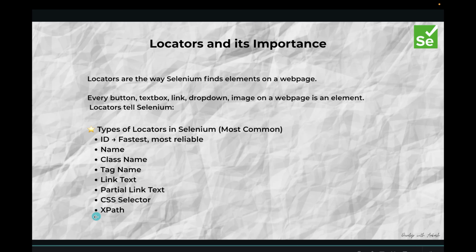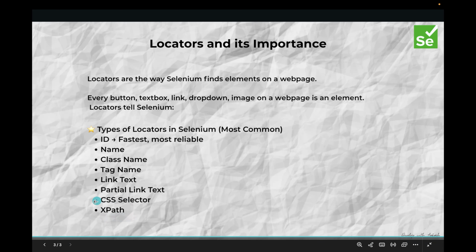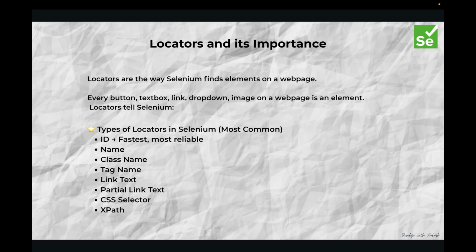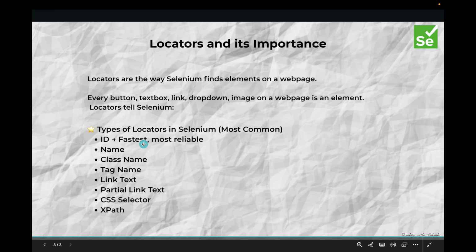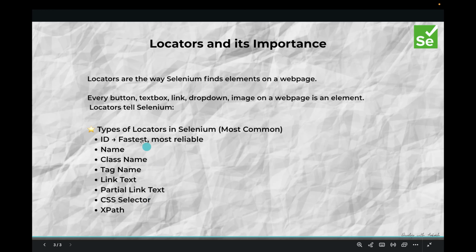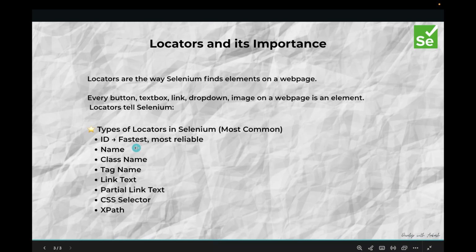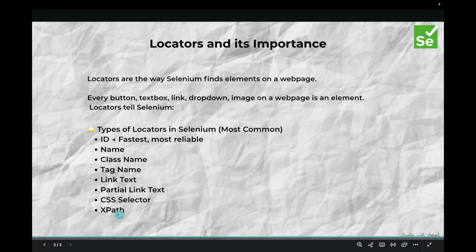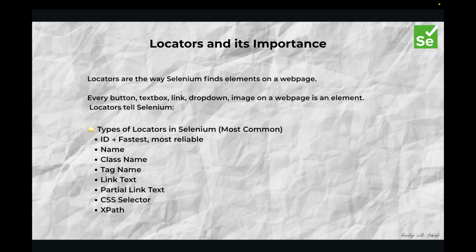And there is one more thing called XPath. This is the most important one because it is used most widely across every project. Although ID is the fastest, we mostly use XPath because it is dynamic, and even if the DOM changes, there are no changes in my automation script and it will still run. All of this I'm going to show you in the next video: how to write a locator with the help of a name, class name, tag name, link text, partial link text, CSS and XPath, everything in detail in my Selenium series.